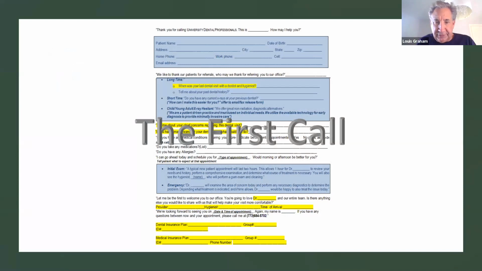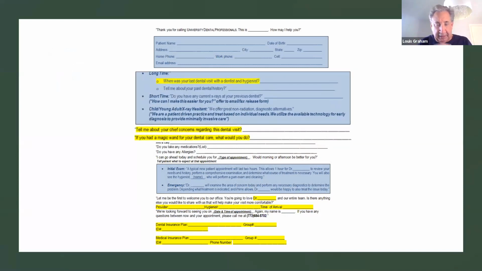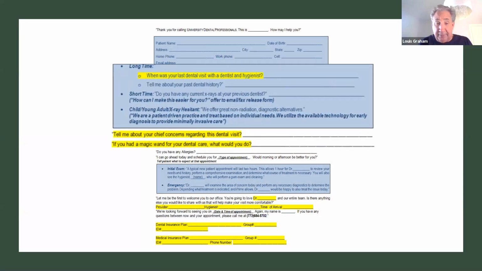So the phone rings and we do an initial screening. I'm happy to send you any forms anybody wants. My team goes through this, and I need to know about previous cone beams, previous x-rays, previous medical history, everything. But I'm highlighting 2 things. Tell me about this is my